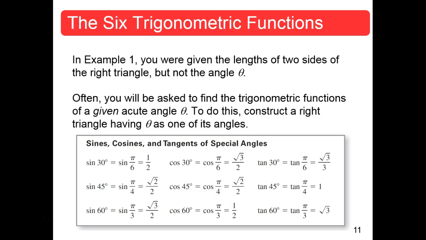Okay? To do this, construct the right triangle having theta as one of its angles, especially if it's one of our favorite angles, our special angles. Pi/6, which is 30 degrees, 45 degrees is pi/4, 60 degrees is pi/3. You could include 90 degrees as pi/2, but you can't do a right triangle with it because